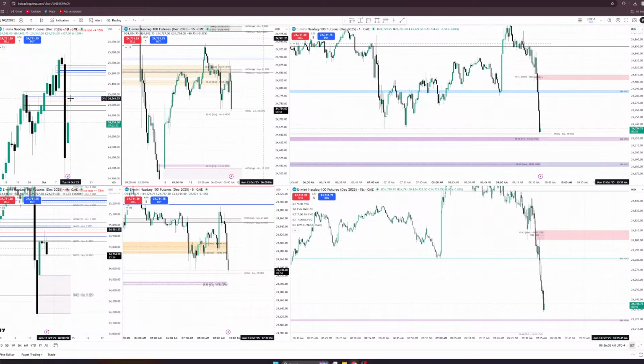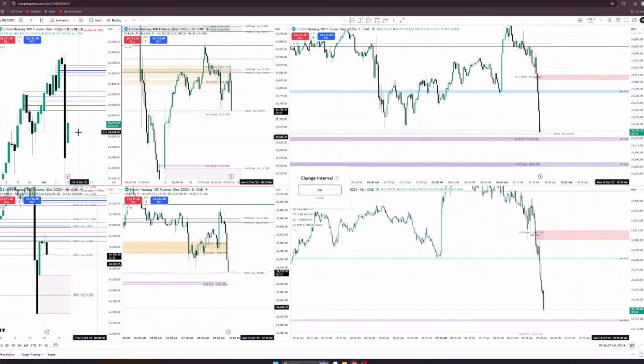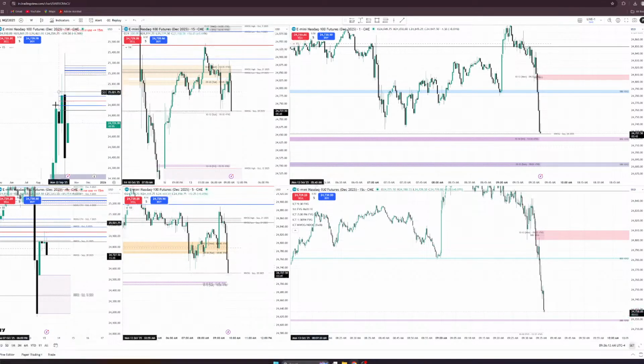So you can see price came back into this. Like I always told you to plot the premium wick quadrants and discount wick quadrants. If you plot this premium wick quadrants on the weekly chart, you can see price came back exactly into this midpoint of this wick, and from there we had a rejection.